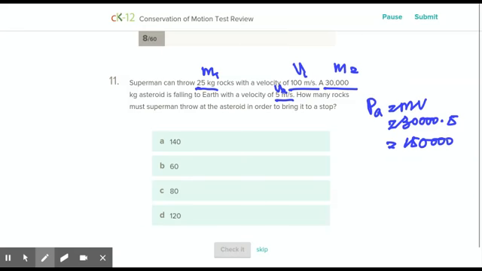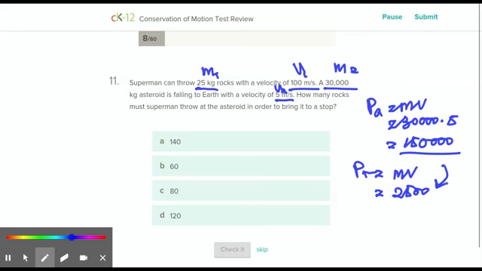And then the momentum of Superman when he throws one rock, each rock he threw is still mv, which is 2,500, right? And then you use the momentum of the asteroid divided by the rock, which is 60. Okay. So the answer is